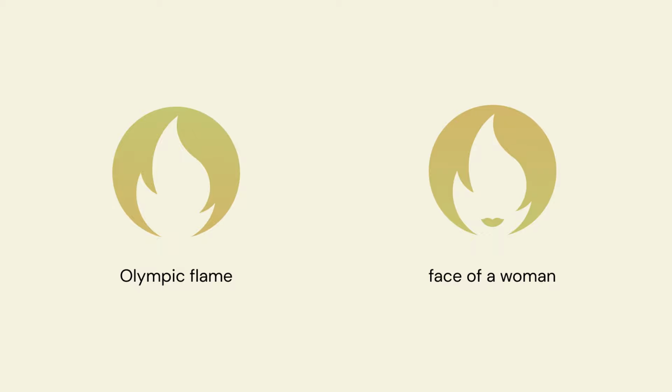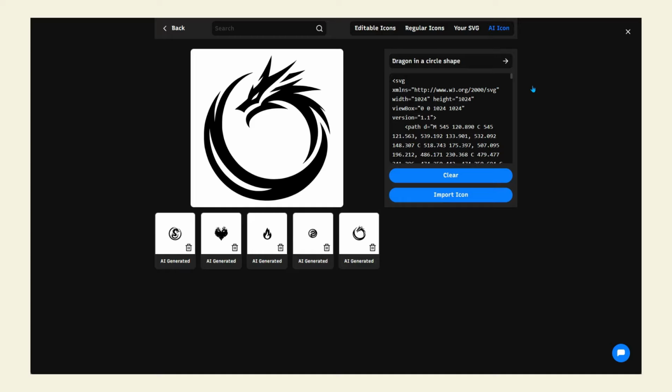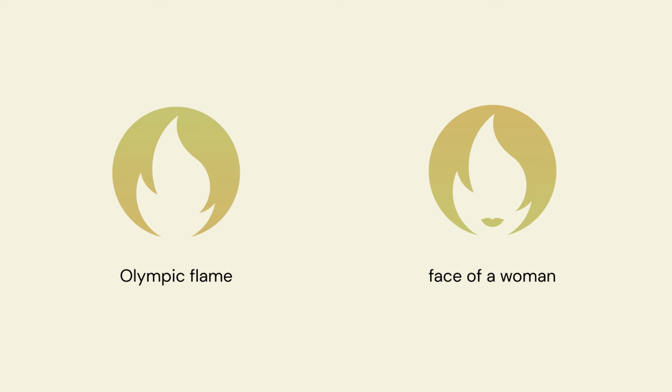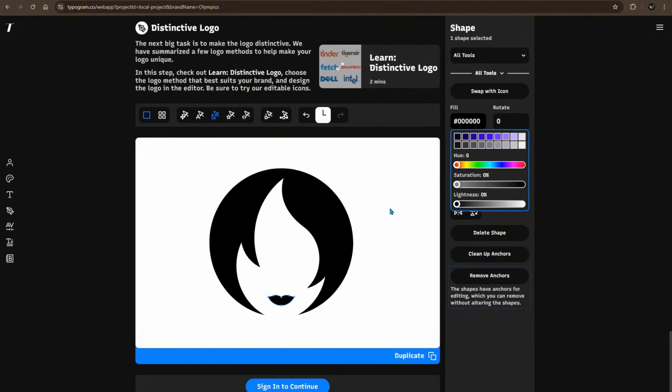It certainly is really hard to articulate to AI. In the last video, I showed how to use AI to create a perfectly rounded icon of a dragon, but it doesn't really work well if I want an icon that's both a flame and also a woman. This has to be handcrafted and rooted in a lot of exploration. Maybe in one of the explorations, the original idea was to draw a flame, and suddenly an idea emerged from that. Adding this lip is equal to, there's an old Chinese saying where you paint the eye of the dragon and it comes alive. I really think this lip is the eye of the dragon.